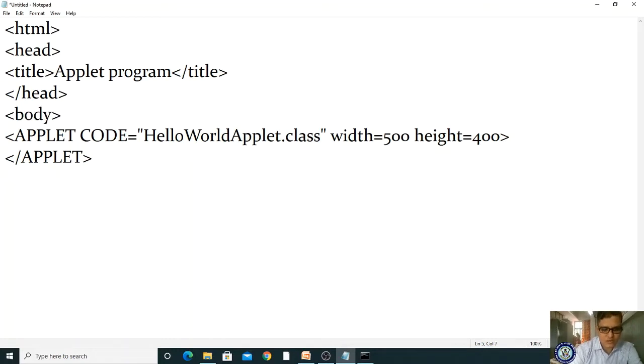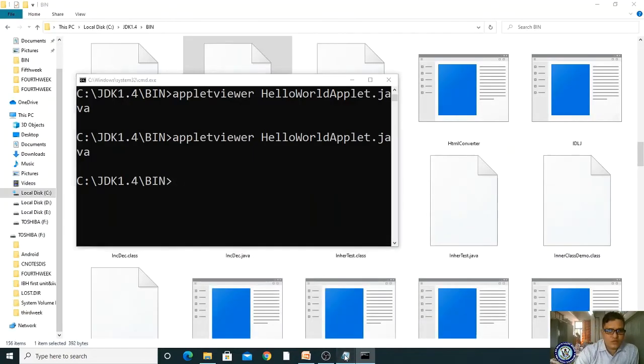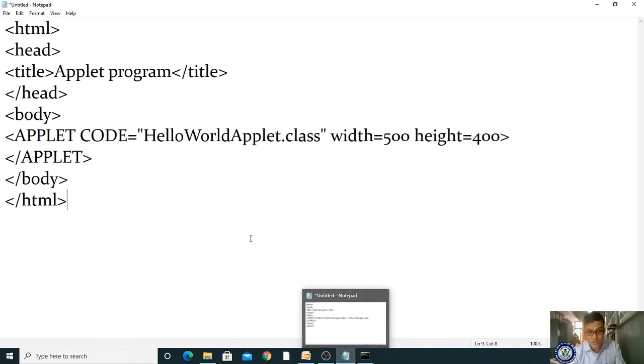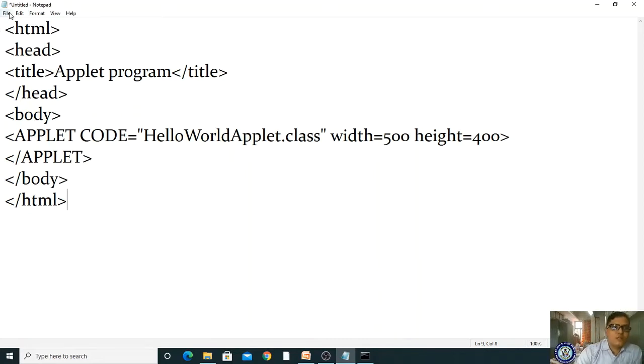All these are not necessary, but I'm showing you just for your understanding. Here we have opened the applet viewer. Sometimes it is required because your program won't execute otherwise, and you have to save it with